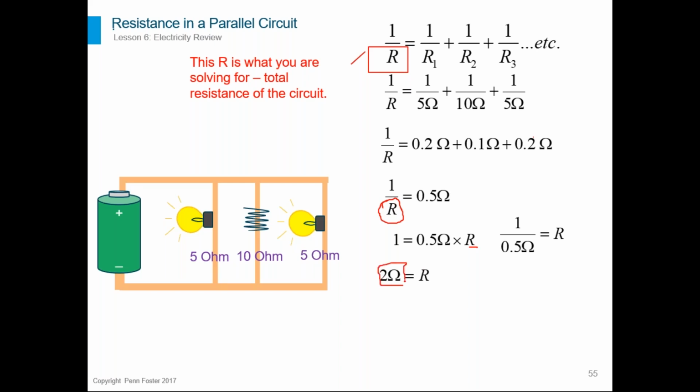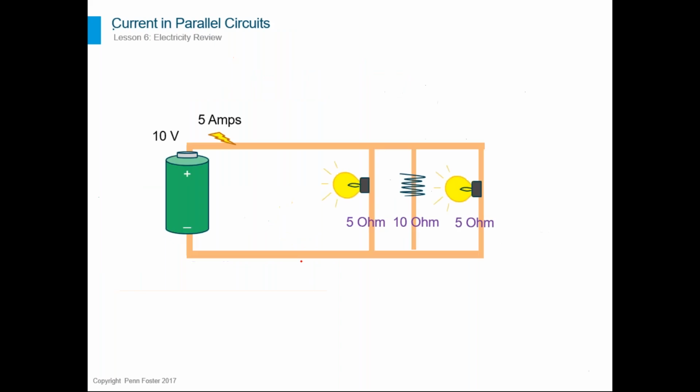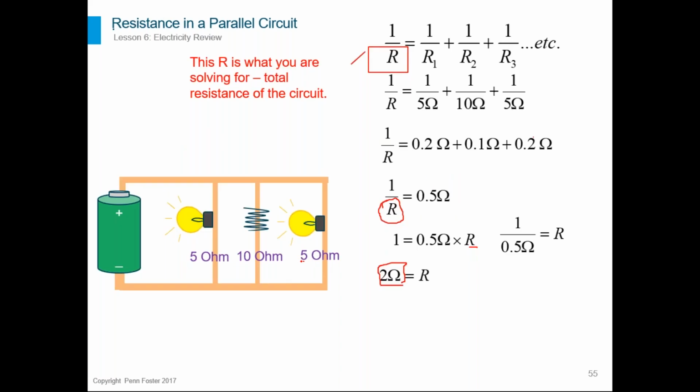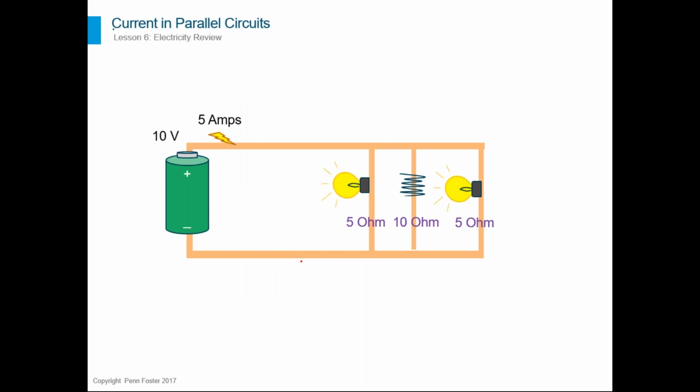And just to check to make sure we're on the right track, this should be less than any of the individual resistors, and it is. Our lowest one is 5. So our answer is less than 5 ohms, so that's probably good. Okay, we'll do a practice problem in that in a minute, but first I want to go over current in